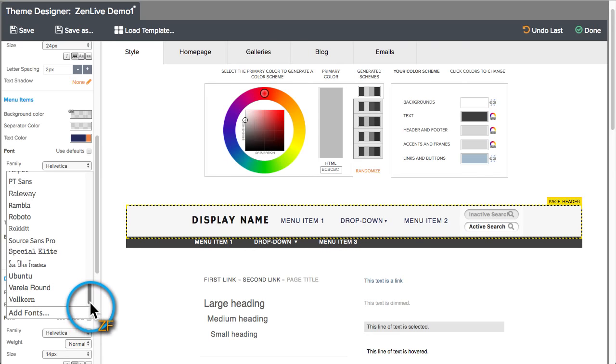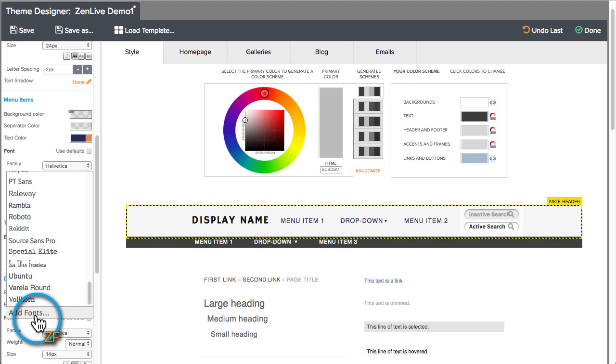But if you don't see a font that you want, there's this little button right here that says Add Font. Now, I wish that meant you could upload the font file from your computer. But what this is going to pull from is Google Fonts, which is a huge font resource, and it's going to make things work really nice because, as you guys know, or if you don't know, in order for a font to work for a visitor to your website, they have to have that font